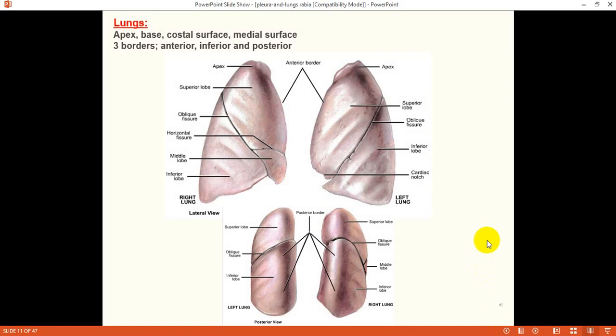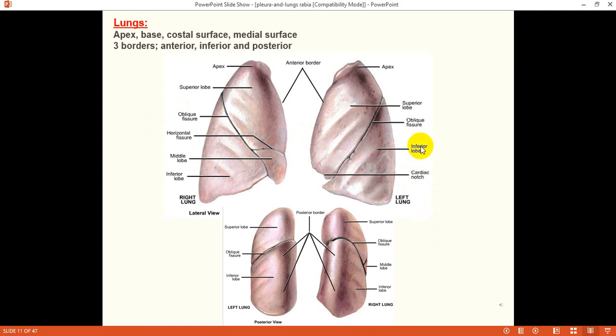Lungs are very important vital organs in our body, which are responsible for oxygenation of blood. In a healthy person, the lung is a very soft, elastic, spongy structure, while the cadaveric lungs, which we are going to observe during OSPE, are going to be very hard as they are embalmed and a little bit shrunken also.